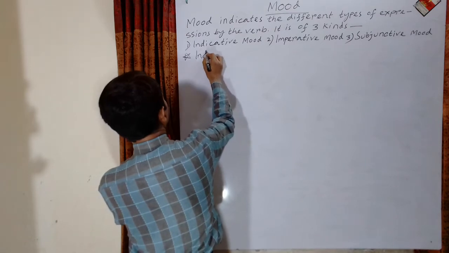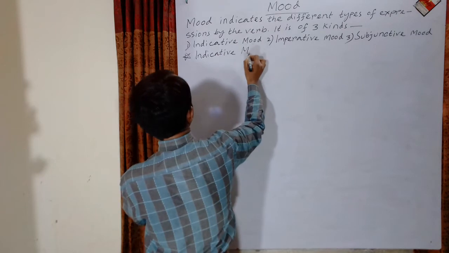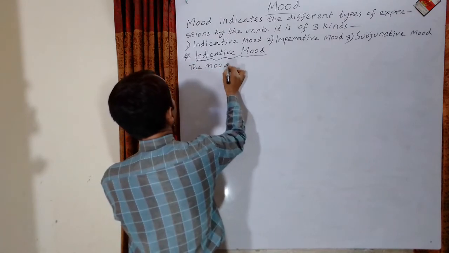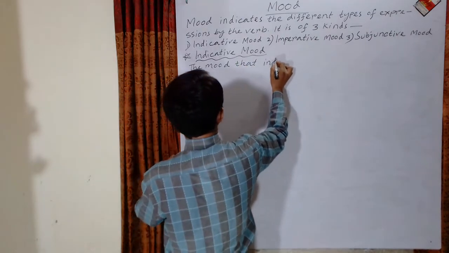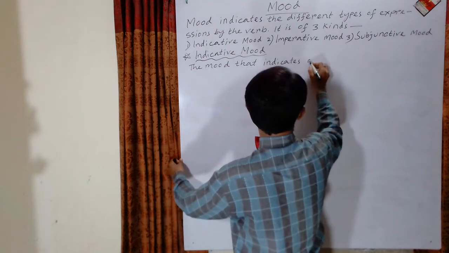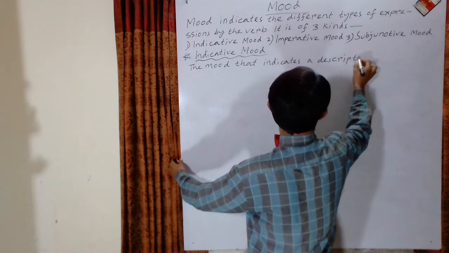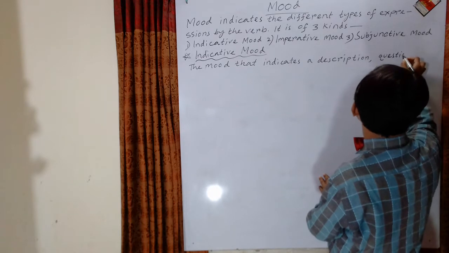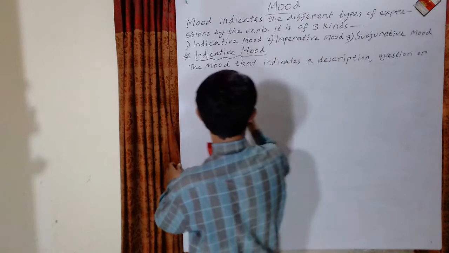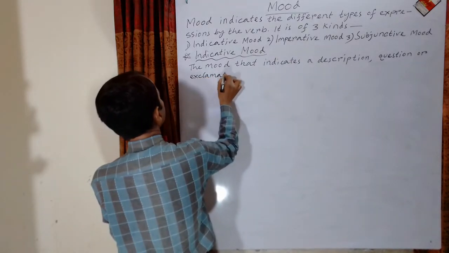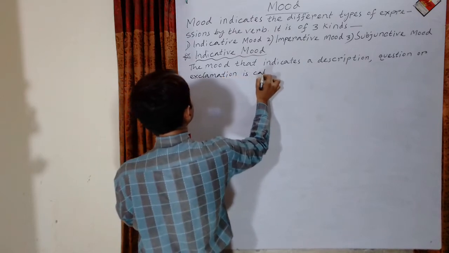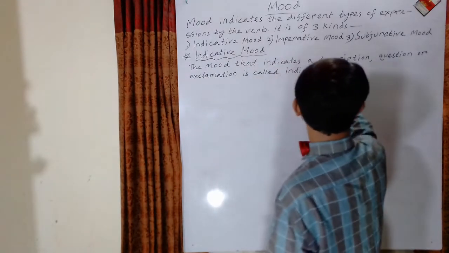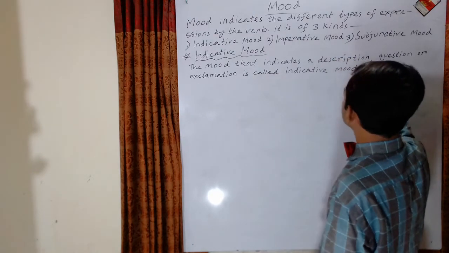Indicative mood: the mood that indicates a description, a question, or an exclamation is called indicative mood. For example,